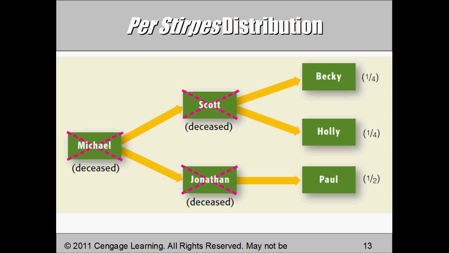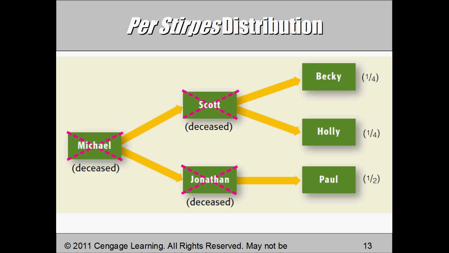And this is the per stirpes distribution type of diagram. It shows, and you have this in your book as well, the deceased, Michael's deceased, Scott, who's a son, and Jonathan's the son, the deceased, and then you have basically the per stirpes,